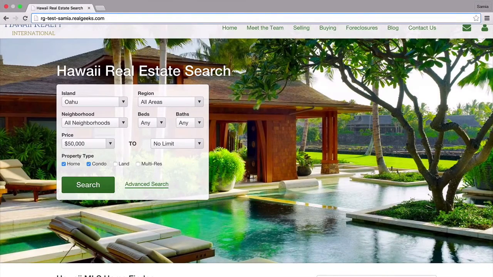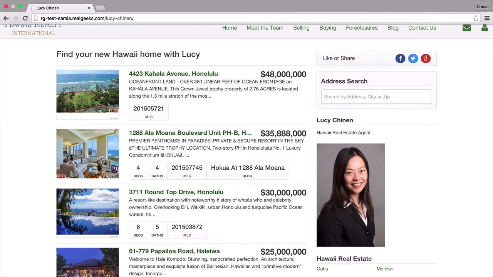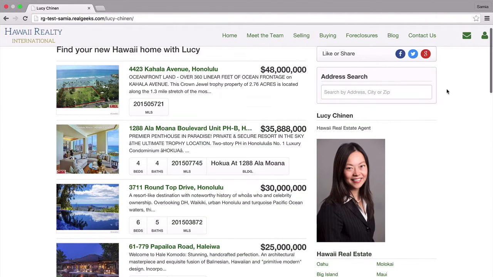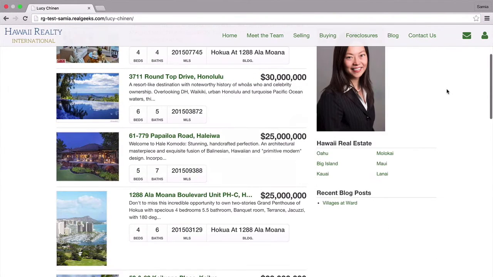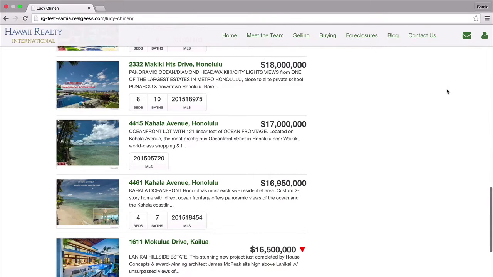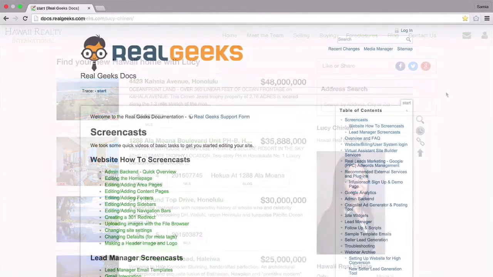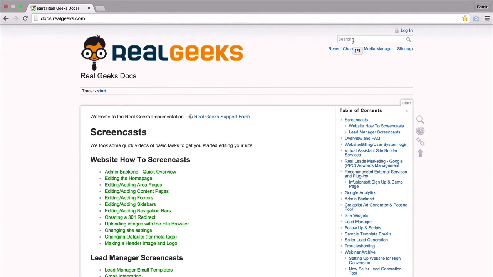Agent landing pages are a way for you to create landing pages that your agents can use to drive traffic to and bypass any round-robin lead assignment rules and have the leads go directly to that agent. There will be a video on agent landing pages. You have all the same template styles that are available on content pages, but like I said, you're able to choose the agents you want the leads to go to for that specific page in the Agent Landing Pages section. You can find out more about this on our docs page at